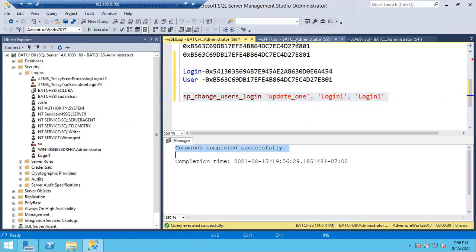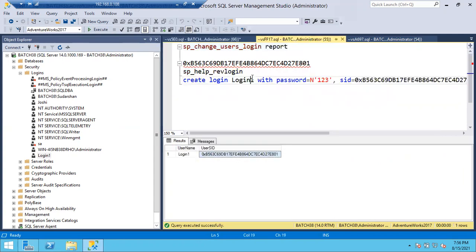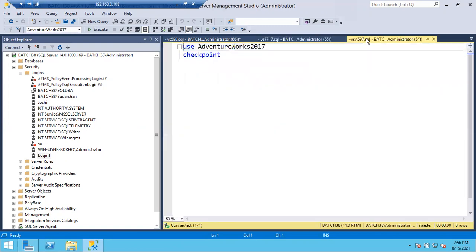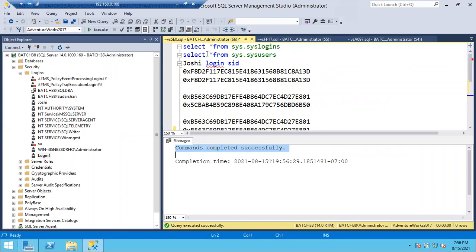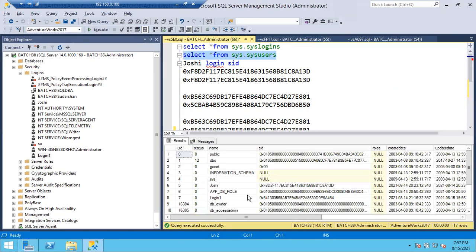Now in AdventureWorks, if you run this query, earlier we had the orphan user, right? This is the orphan user in the AdventureWorks database. Now if you run it, see here, the issue is fixed. And let me go to this. Where is the query? Yeah, select star from sys.users. If you run this query, the login one SID and the user SID are